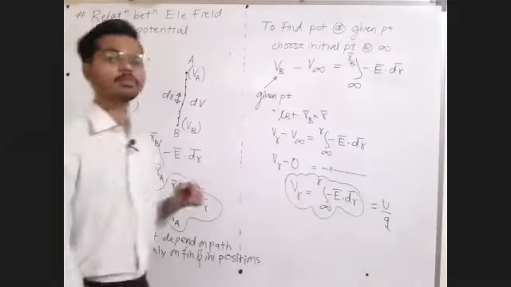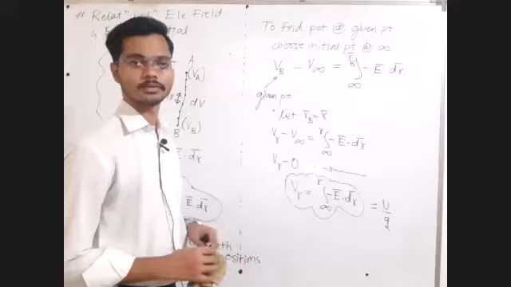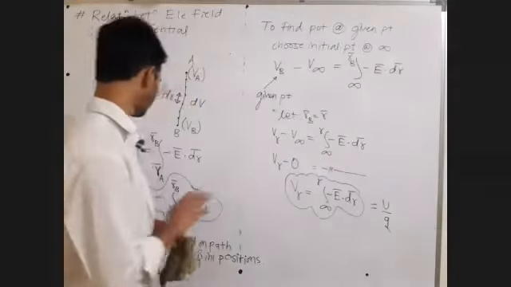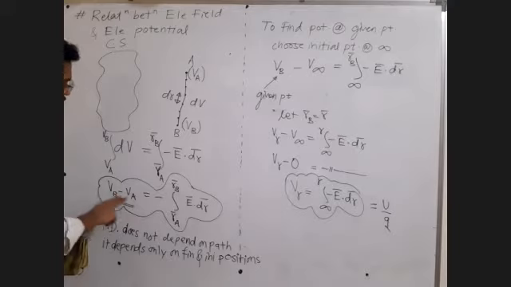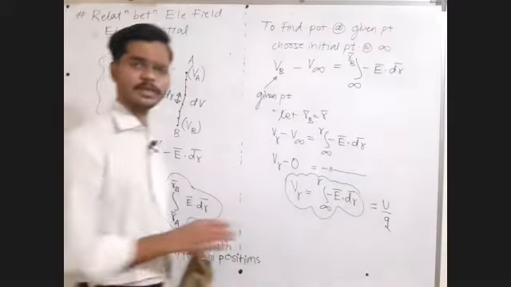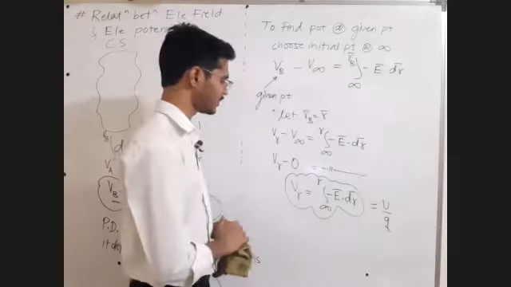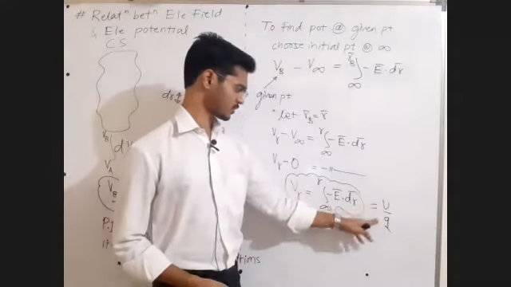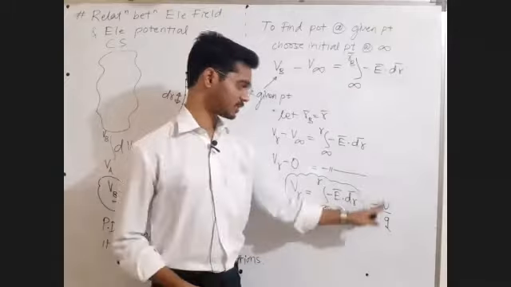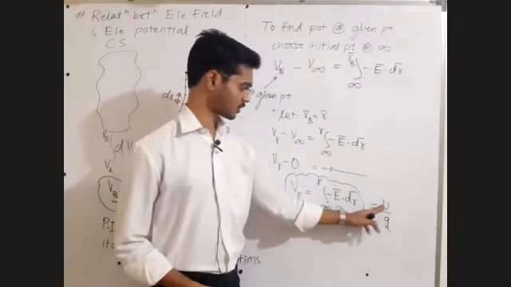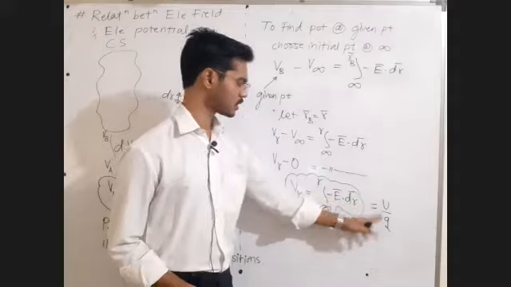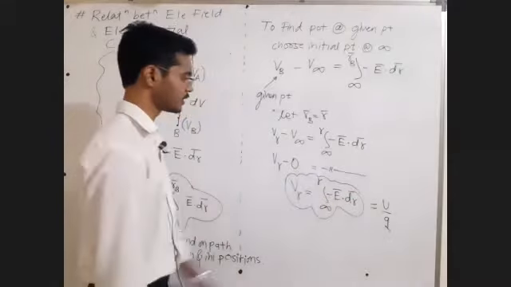So now we have the formula for a very small potential difference dV, the potential difference between two different points, point A and point B. And we have the potential and the formula for potential at a given point. That potential at a given point we have already found by this method: the potential energy of the given charge placed at that point divided by the given charge. We have already done this.